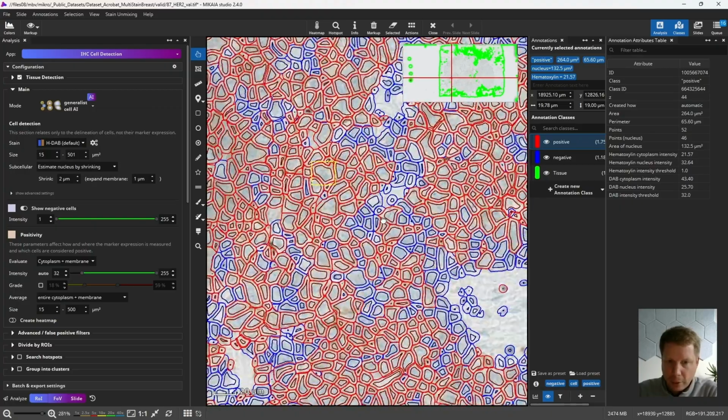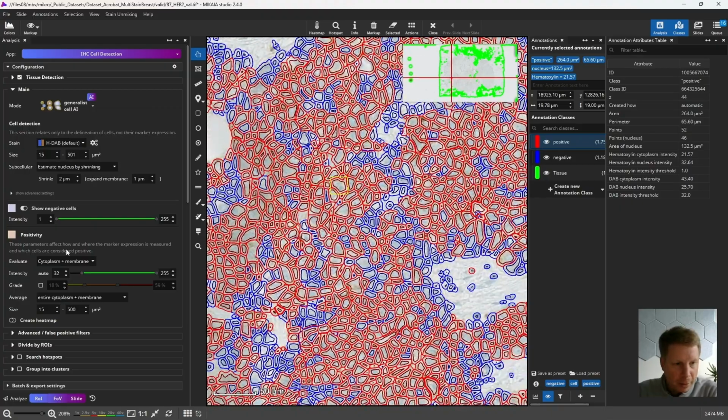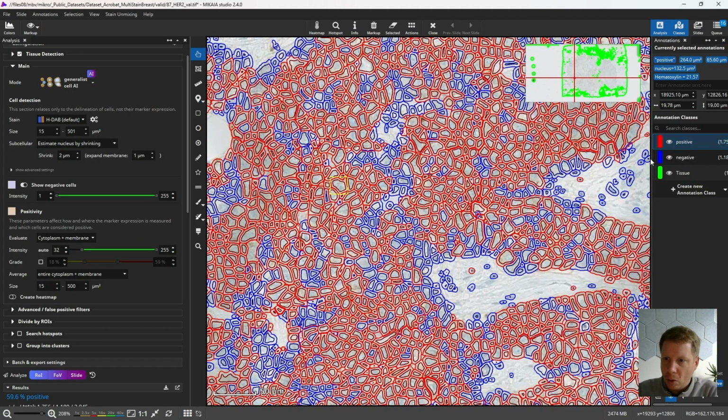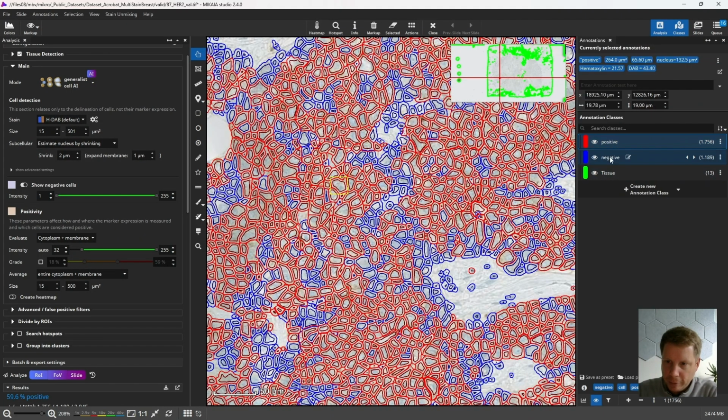Yeah, so this should be helpful. I think now we got the basics covered. Let's look at grading. Sometimes it's not sufficient to only classify into negative and positive, but maybe you want to subclassify into weak positive, medium positive, or strong positive. And for that, you would enable the grading. You do that here, and then set